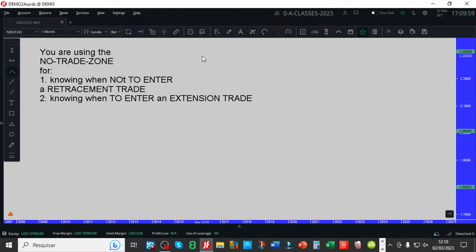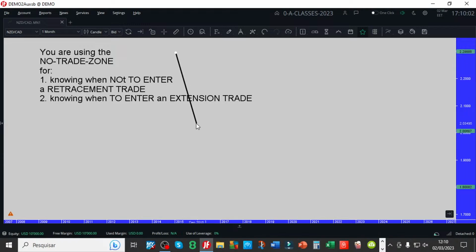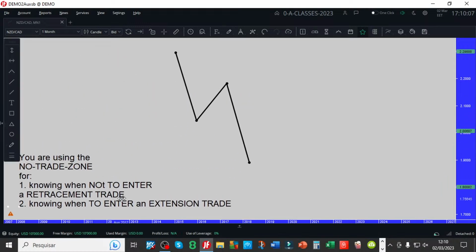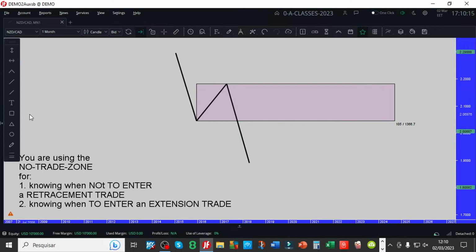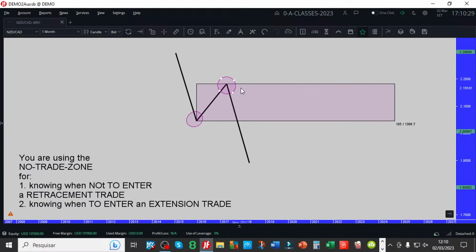So, this is the extension. This is the retracement, and this is the extension, right? From the last low to the last high, this is the no trade zone. Okay, let's go step by step. So number one, everybody, do you understand how to define the no trade zone? This could be a downtrend, or this could be a market wave. The relevant low and the relevant high determine the no trade zone.